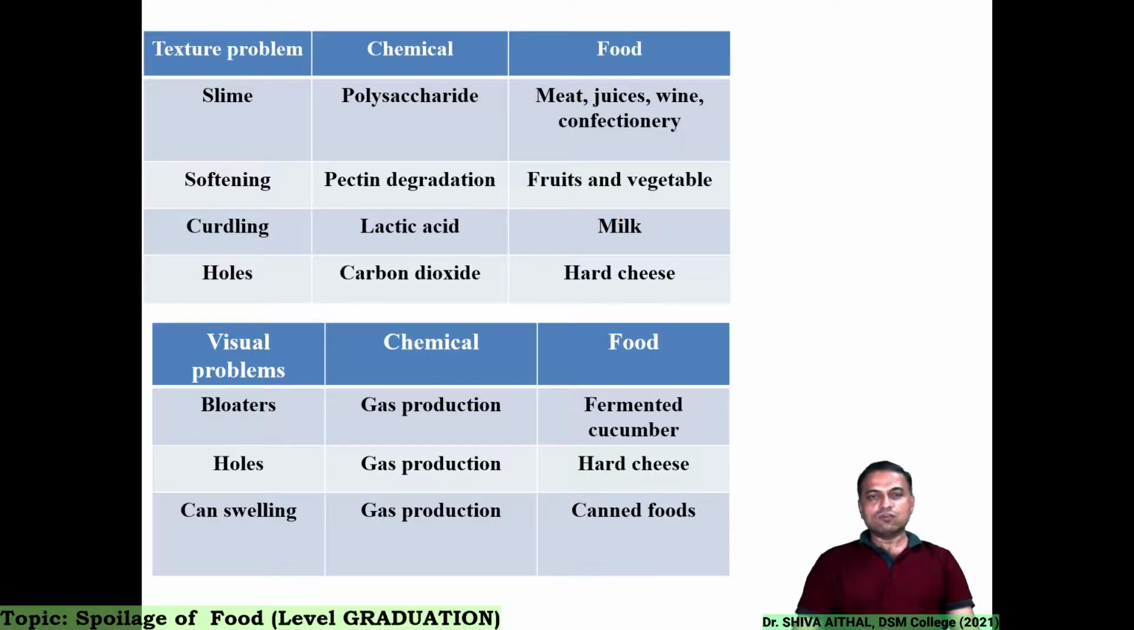Softening of the foods is due to pectin degradation. We saw in apple example, phenolic decomposition. Fruits and vegetables, it is very common. Curdling is a texture problem which can be found in milk, and that is due to lactic acid production. Then cheese, holes in the cheese with gases, that is due to carbon dioxide. If you break up the cheese, there will be holes and there will be gases, CO2 gases, which is not